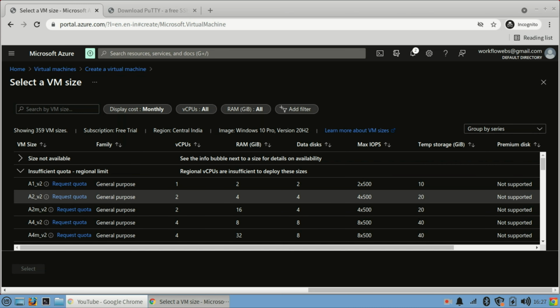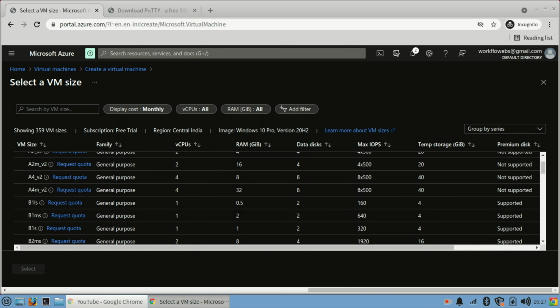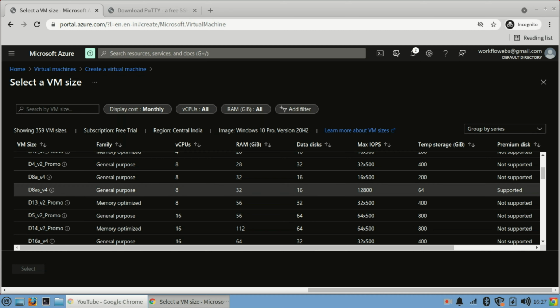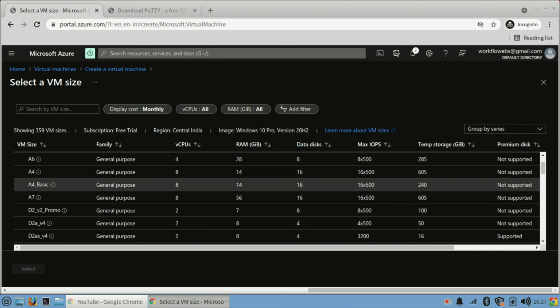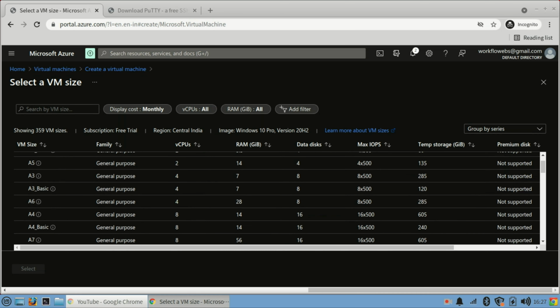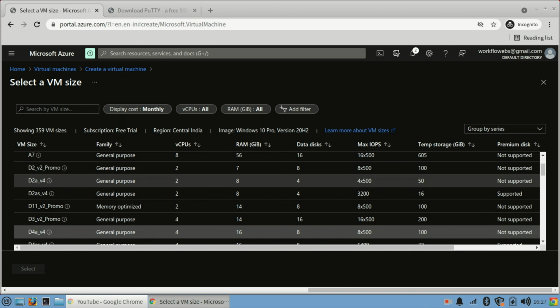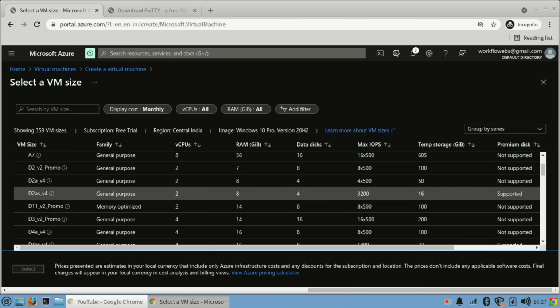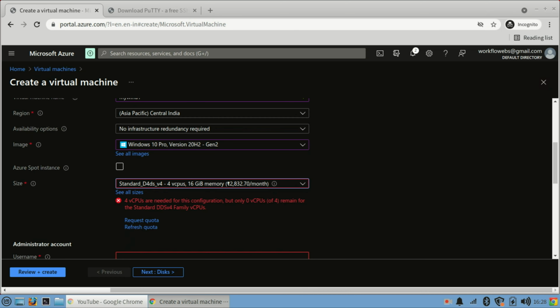Okay, so see the quota for this has been exhausted, if you see right now. Okay, so these are not supported for that. So the supported instance only you have to select. Okay, which one are supported, that only you have to select. So I will select it here, supported, and select. But if you see, it will not be selected. Okay, so let me go back, close it.